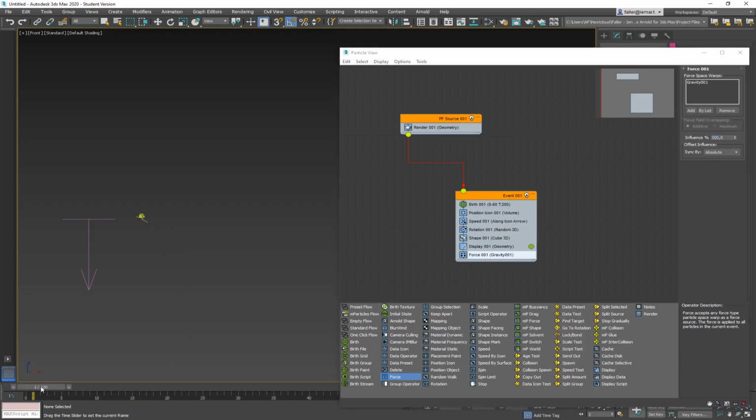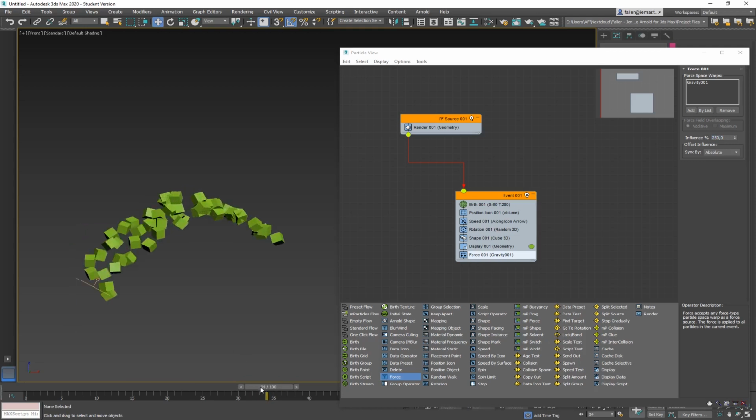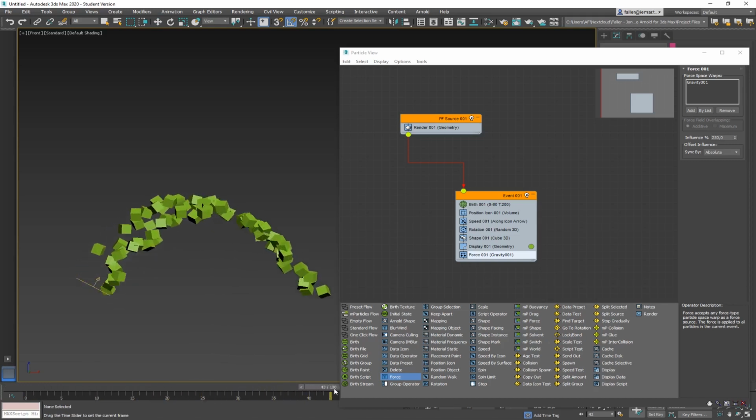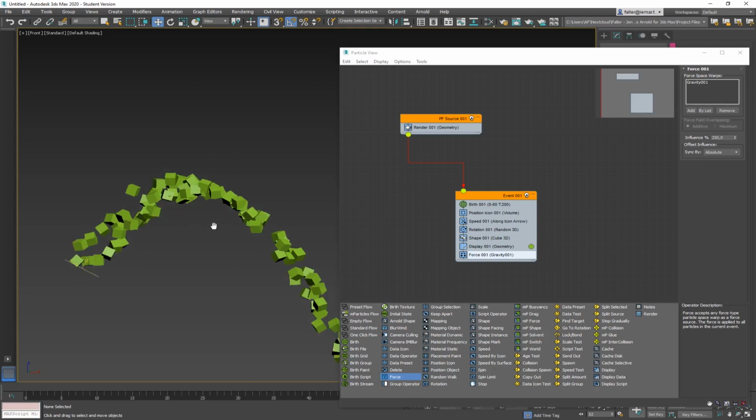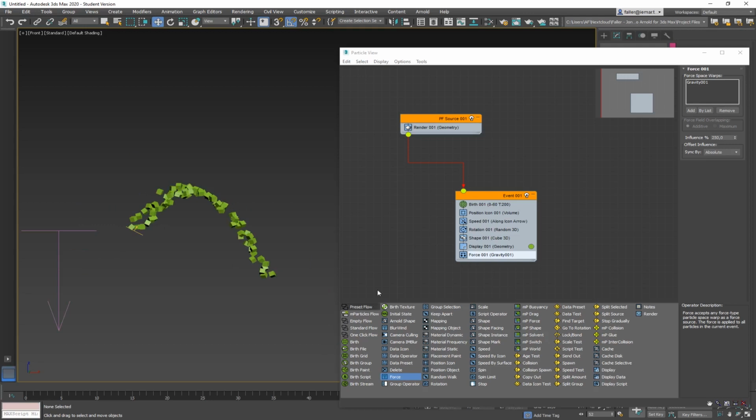Let's go for, still 500 is a lot. Let's go for 100. Yeah. So let's try 250. Yes. So with 250, you can see that they still fly out. They are fast enough to fight the gravity, but at a certain point, gravity is stronger because they don't get any. The speed is just an initial speed, and it will slow down, and then it reaches, of course, 0, and then it will fall down, and it will get a curve like this.